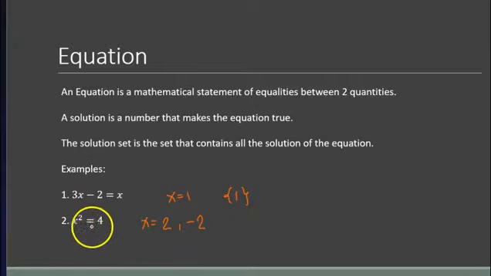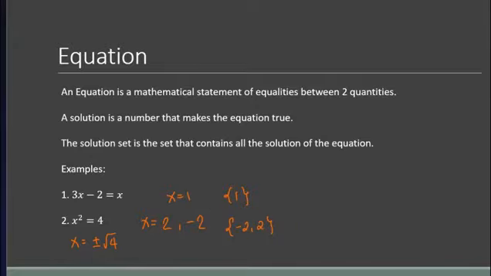So always remember, when we don't have the radical sign, we are not only looking for the principal square root. If you solve for this, you have to get both the positive and the negative root. So the solution set will contain negative 2 and 2. You don't have to arrange this in increasing order, but usually by practice we write the smaller number first and then the bigger number, but nothing is wrong if you interchange.